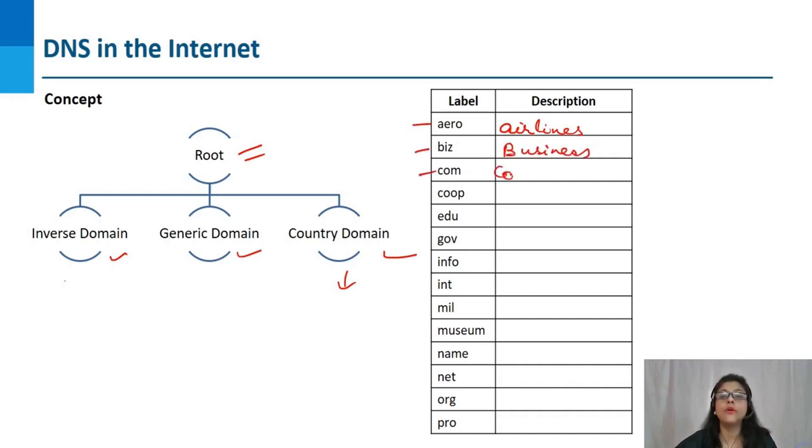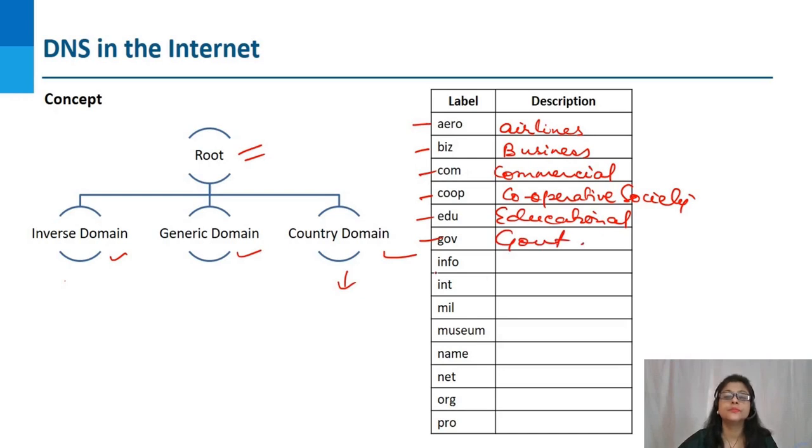We can have com for commercial purpose, co-op for cooperative society, edu for educational purpose, gov for governmental purpose, info for information related purpose, int for international organizations, mil for military, museum for museum,